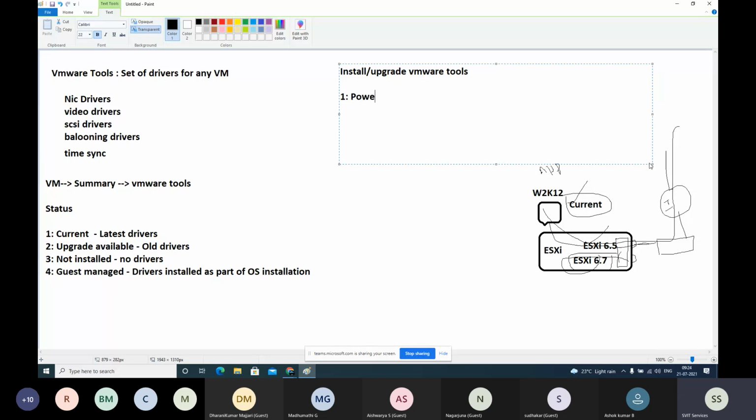Unpowered on virtual machine. Right click on it. You'll see an option called guest OS. Here you can see install or upgrade, separate buttons, click on them. Then log into that computer.